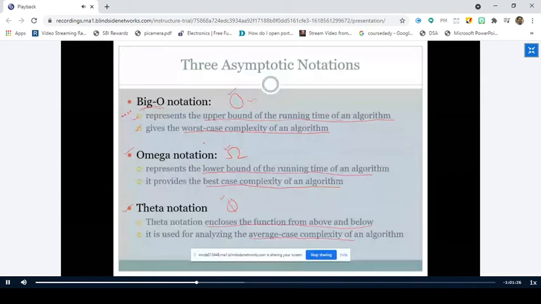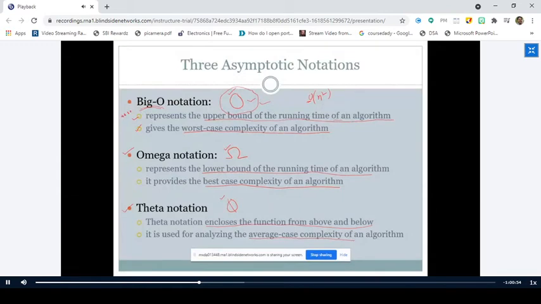As I told you, the worst case complexity of an algorithm gives the correct performance of the algorithm, and we know that the worst case complexity is denoted with big O notation. Therefore, the big O notation plays a very important role in obtaining the performance of algorithms. So whatever algorithm you take in computer science, you will first find the complexity in big O notation only. Whenever you are asked the time complexity of bubble sort, you should say big O of n square.